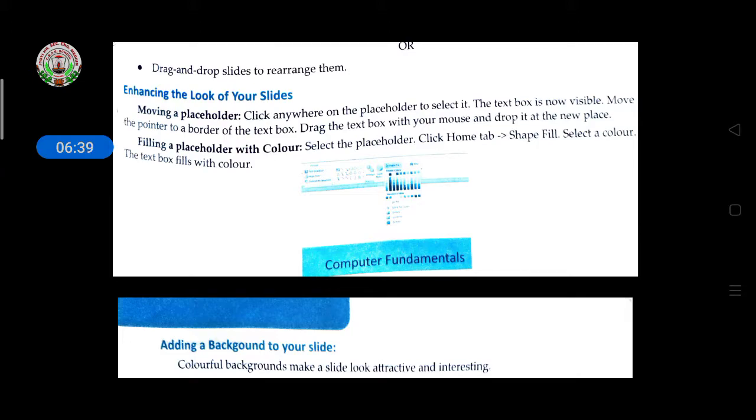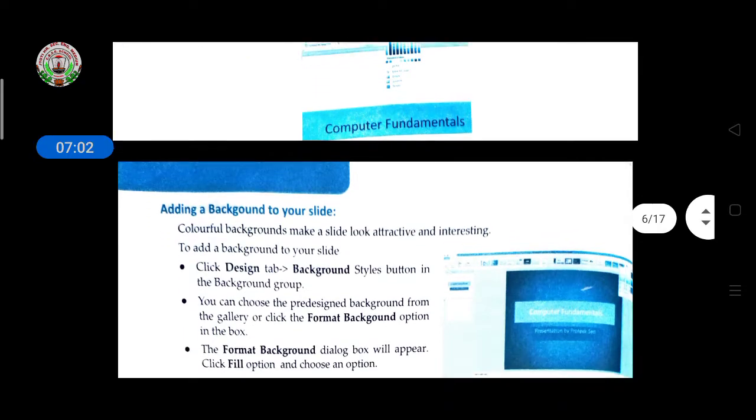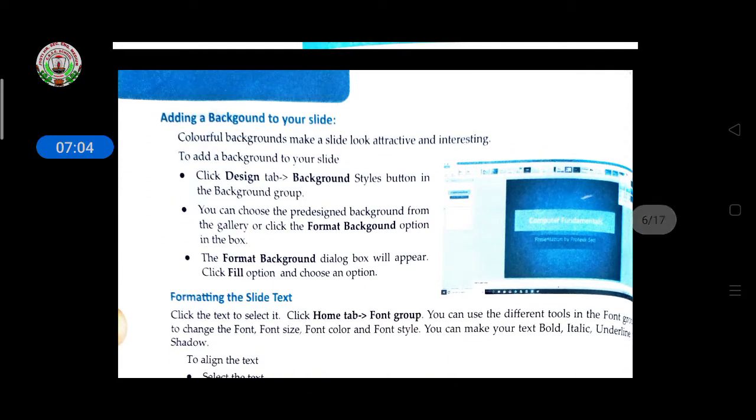Then moving a placeholder and filling the placeholder with colors. These are given in the text box tool. If you want to change the color of your placeholder or subtitle holder, right click on that place, and then you will get the shape fill color. There you can change the color of your